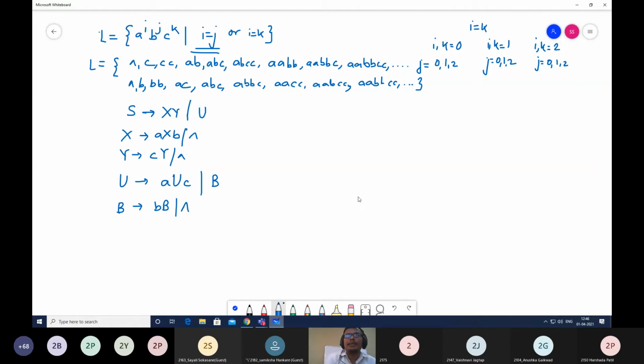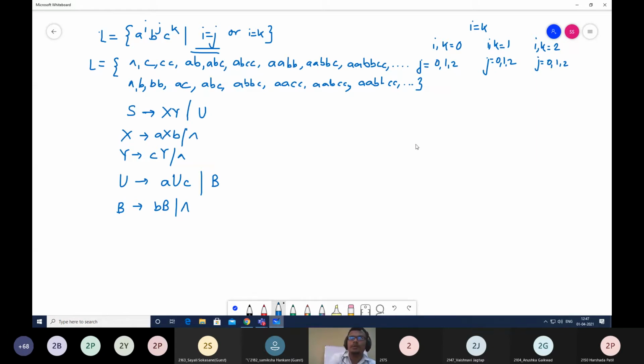Now let us take some examples and see how the strings will get accepted. We'll not discuss I is equal to J, because for acceptance of I is equal to J, we already solved the strings yesterday for this part of our grammar. So let us discuss only this part of our grammar, which is I is equal to K. Suppose I have the null string. How do I get null from this? U is equal to B and directly B is equal to null. Then null is getting accepted.